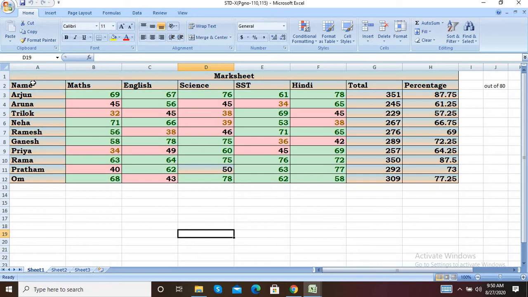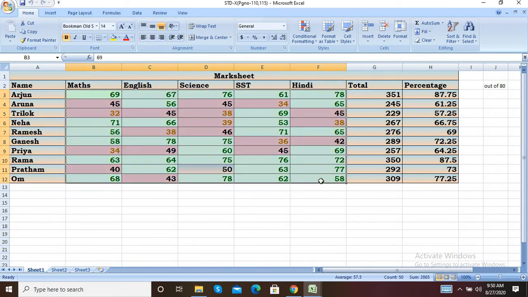Second thing, number. Number data is formed using the digits 0 to 9 on which arithmetic calculation can be performed. By default, numbers have right alignment. So this is called a number data, which contains only numbers and is used for arithmetic calculation. It has values 0 to 9, and by default right alignment, but for number data also you can change the alignment to left, center or justify.